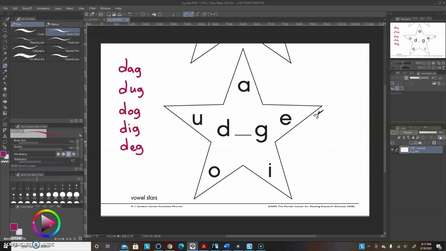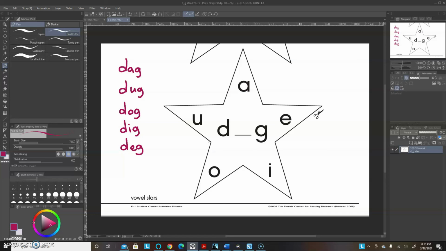Especially as you are writing them, have the students really exaggerate that vowel sound so that they can hear for themselves what the difference is and feel for themselves the difference in how their mouths form when they are saying each of these words. So dug, that sound needs to be exaggerated for those students. And dog, again, that sound needs to be exaggerated so that they can make those connections and go, well, yeah,